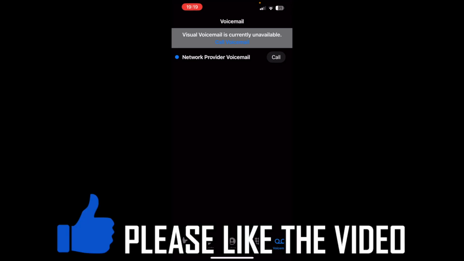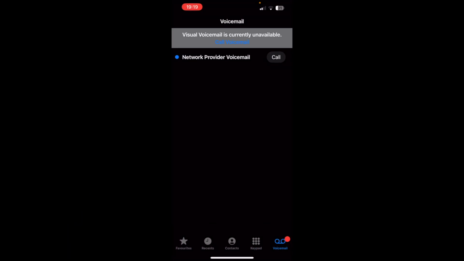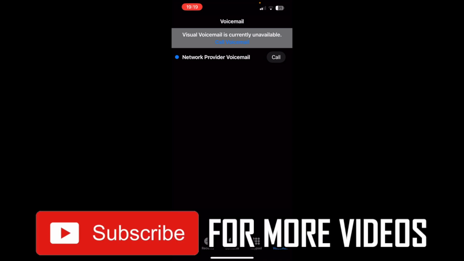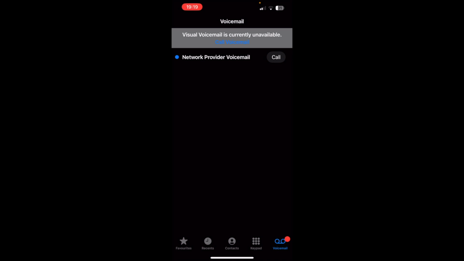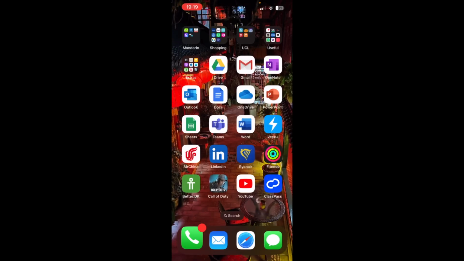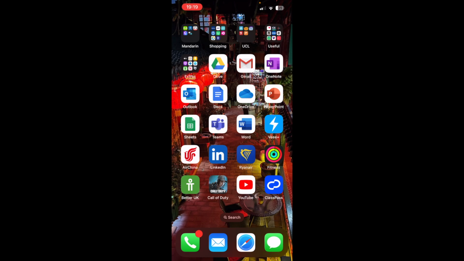How to remove voicemail on iPhone. So as you can see at the bottom right there, you see the red dot icon on the voicemail section, as well as the home screen of the iPhone, the bottom left hand corner. You see the red little dot. It's quite annoying. So how you're going to remove that is by going to the phone section, the bottom left